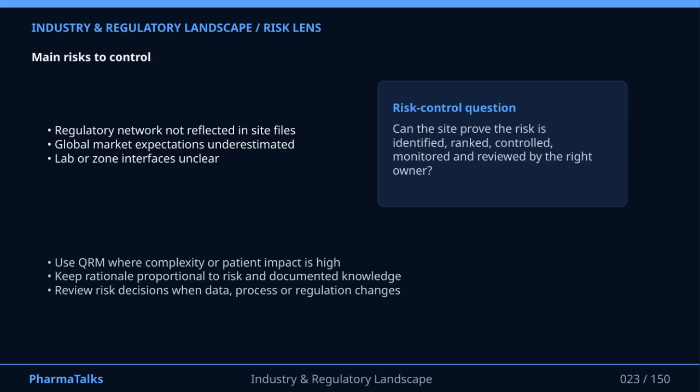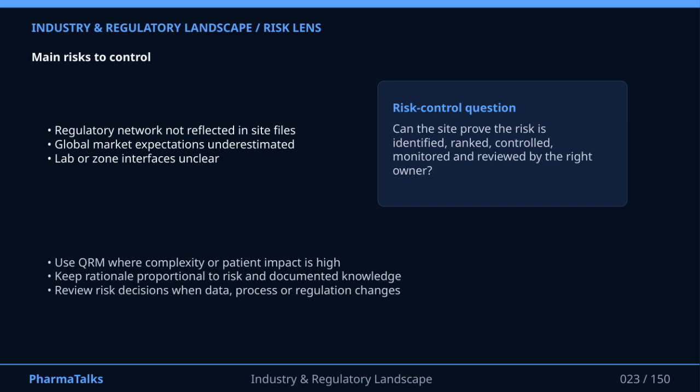To manage these risks, it's important to use quality risk management, or QRM, especially when dealing with complex situations or issues that can impact patient safety. Also, any risk rationale should be proportional to the level of risk and fully documented based on current knowledge. Lastly, it's critical to revisit and review risk decisions whenever there are changes in data, processes, or regulations to ensure